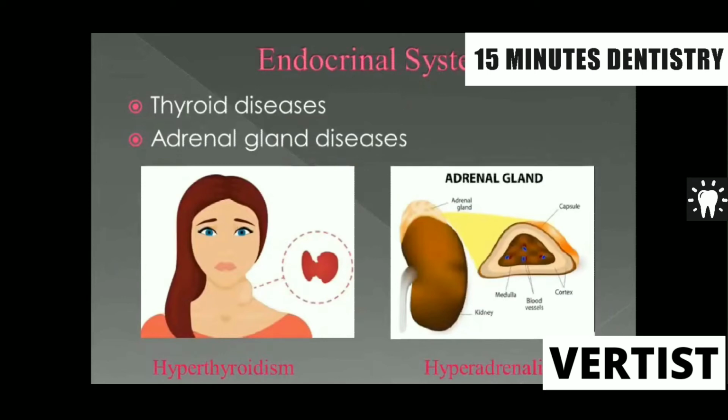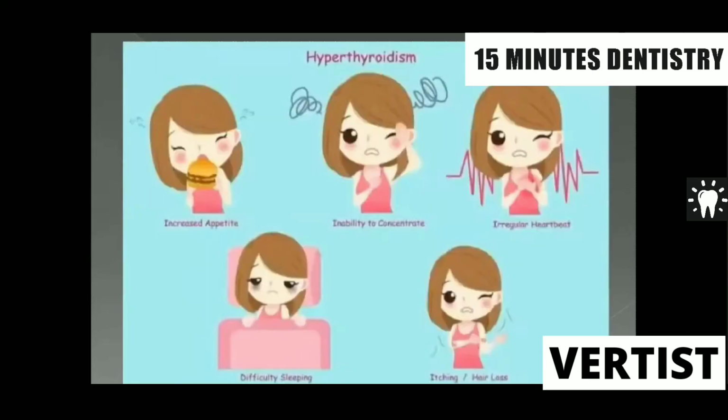Whereas with a hyperthyroid patient, most of the time you check the thyroid status, whether the patient is under treatment and whether it's a euthyroid state. If it's a euthyroid state, yes, you can go ahead with the treatment regularly. If it's a hyperthyroid condition, you have to take a physician's opinion, or wait for some period, or only symptomatic treatment should be done for these patients. And in hyperthyroid patients, you have to know that local anesthesia containing adrenaline is an absolute contraindication.